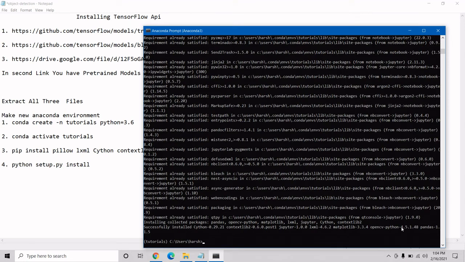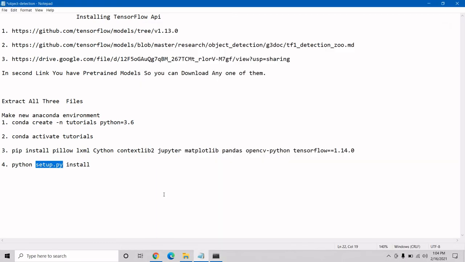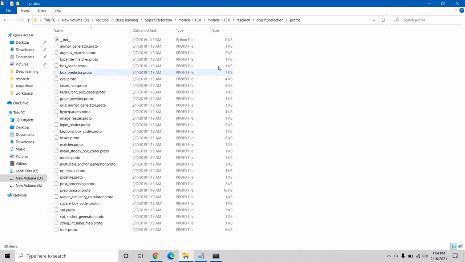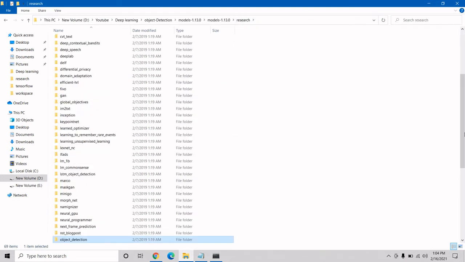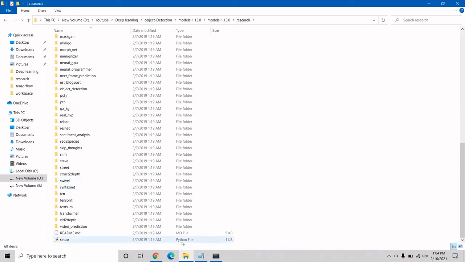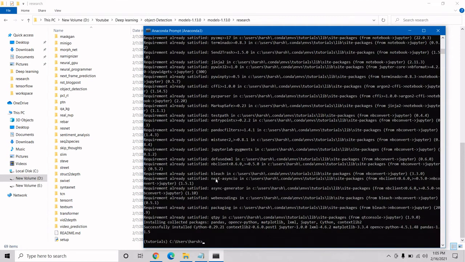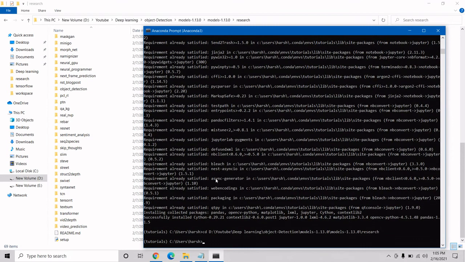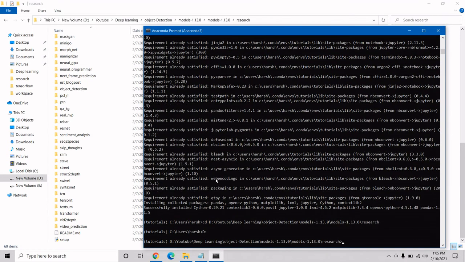Now our installation is complete. Now we have to install setup.py, and it is nothing but our object detection API, so that we can use object detection. To install this file, we have to go inside our research directory and open it. Now I am clearing my screen.